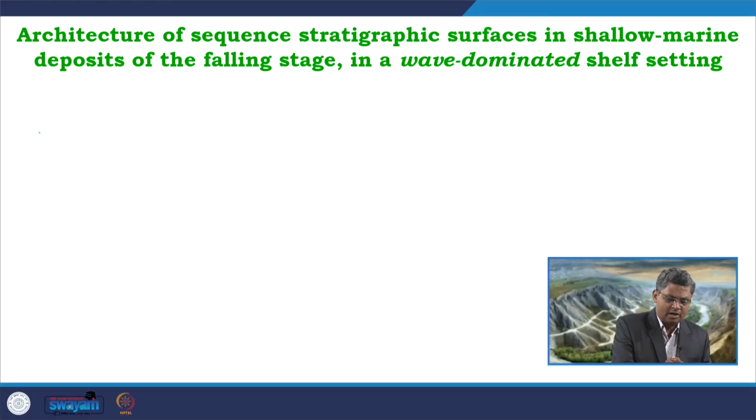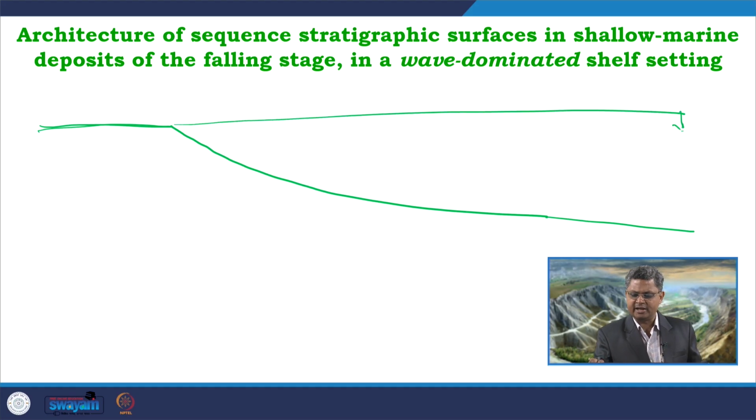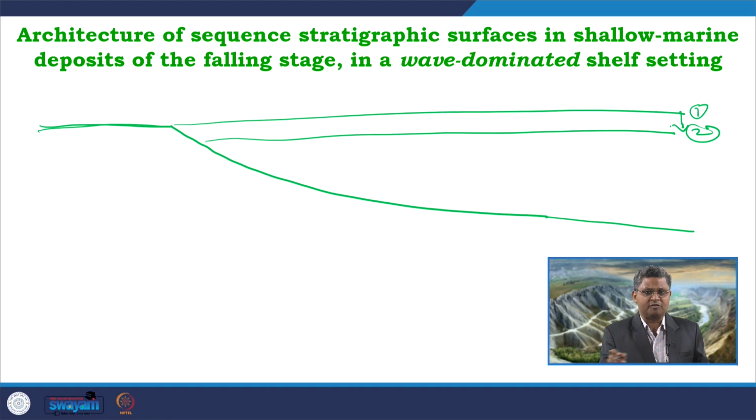So, we are again coming up with a continental part where a river system is there, and then we are looking into the basin part where we are getting the shore area and the shelf area. When the base level is falling, say if this is the base level and it is falling from level 1 to level 2, the first change that we will get is that the river profile will change like this. There will be river incision or river bypass, and as a result we get an unconformity formed over here in this area.